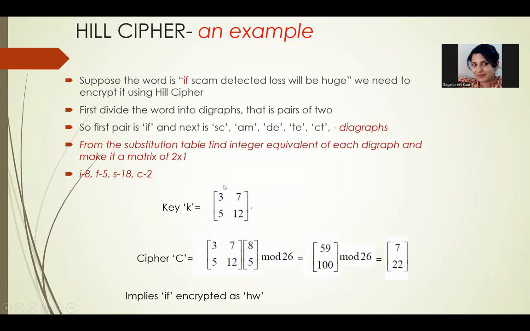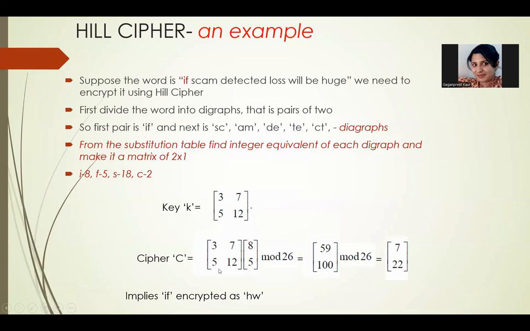Now this is a random key we are using. Again, it is a digraph. It means the dimensions of my key matrix would be 2 cross 2. It always has to be a square matrix with n equal to the number of characters we are grouping together. So now I hope you understand that if we are going to increase the dimensions or the grouping, it will increase by square matrix and make the computation more complex. So we generally limit ourselves to trigraphs. So let's start the process of encryption.